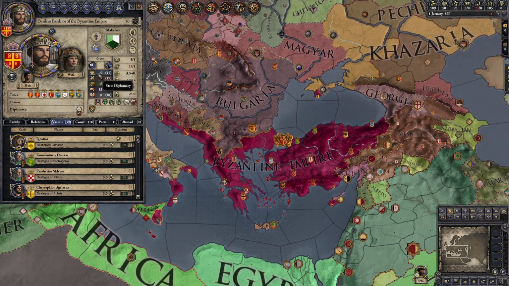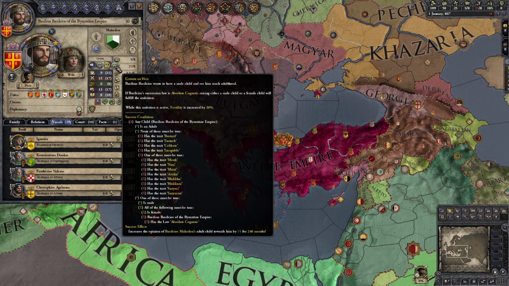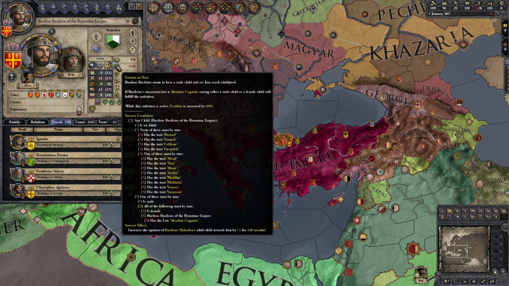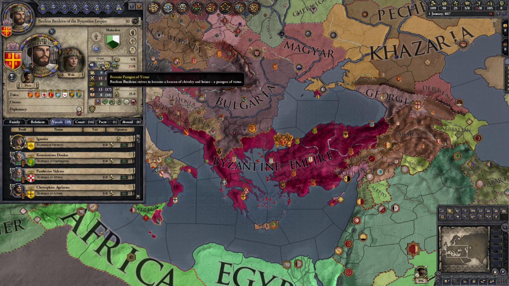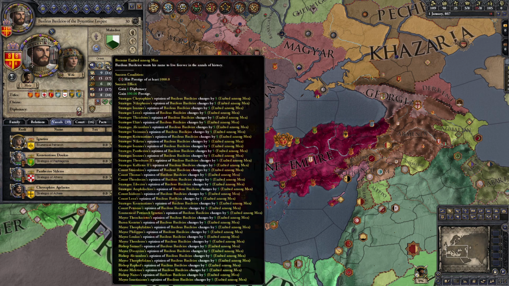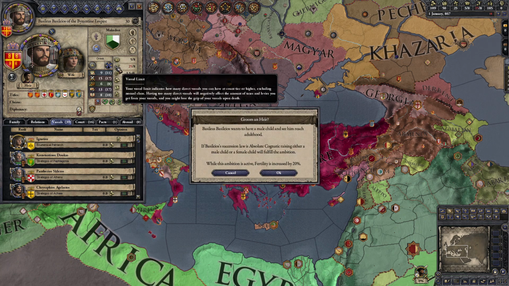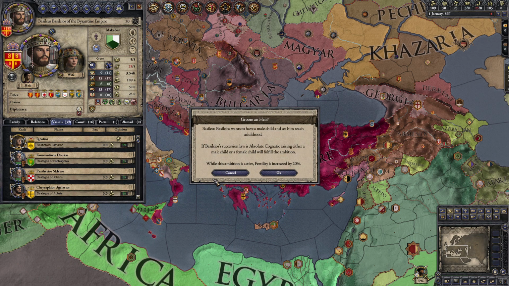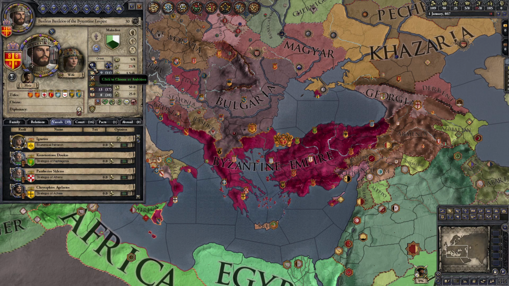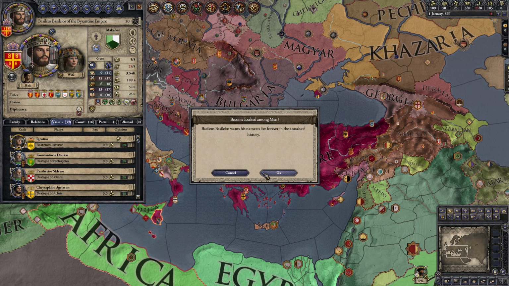So going through, I'm just going to go through very quickly. Let's make an ambition. We want to become great or exalted. But I could also groom an heir. No, we want to be great. No, I want to groom an heir. Let's groom an heir. Yes. No, we don't want to have more children. We already have a child.